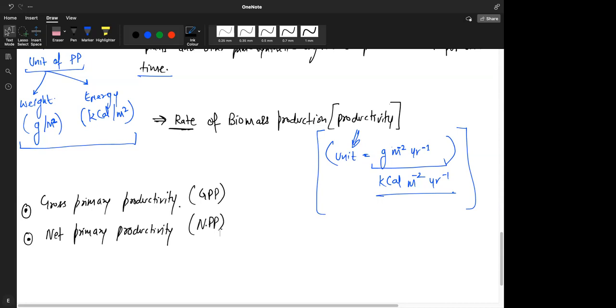Same thing plants are doing. When they are respiring, they are also breaking down glucose, losing CO2. Animals are doing the same. So this is something which cannot be avoided. It's not like plants are producers, so they will only keep producing. They also need to utilize and consume what they produced. But we still call them producers because they are the only ones that can produce directly, harvesting the energy from the sun. Does that make sense, everyone?